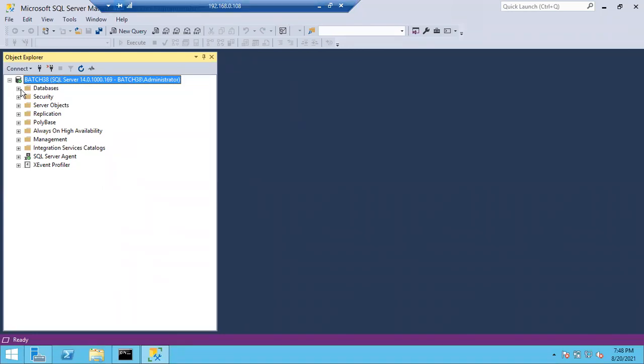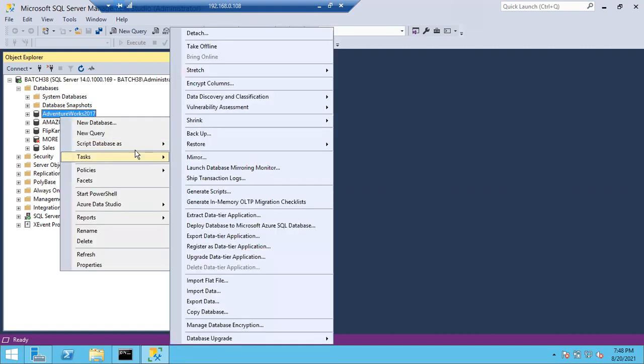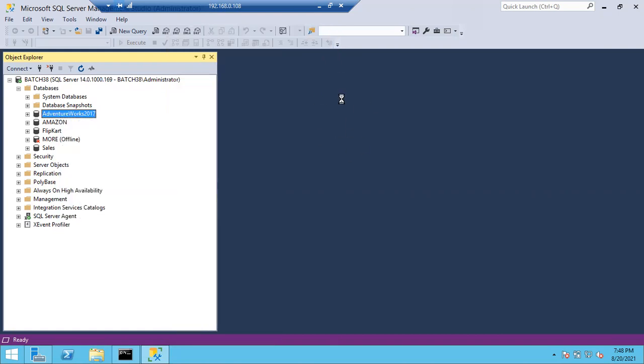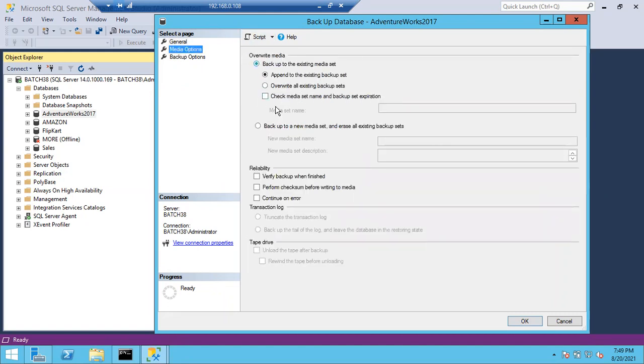Okay, that's fine. In our last class we discussed the full backup, how to take the full backup. We can take full backup in two ways. One is right click, tasks, backup. You have to choose full backup here. Once you create the database, which backup is compulsory? Full backup. Full backup is compulsory. Without taking full backup, you cannot take any other backups. Simply choose full backup, give the path here, and you can choose options like append or overwrite. By default it will be append only, so usually we don't change these settings.